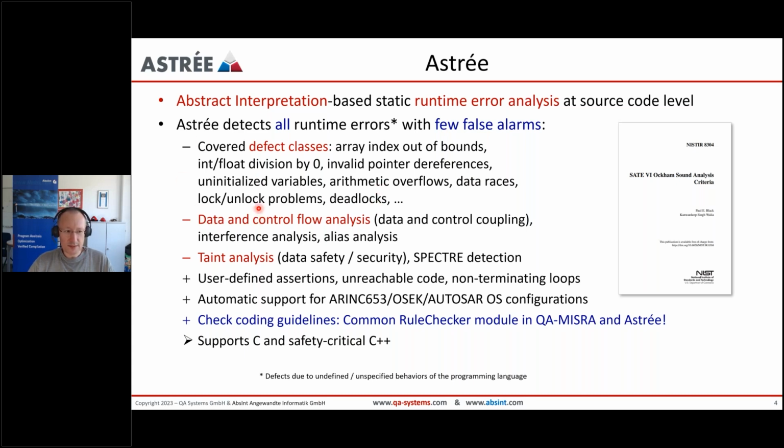And in order to do this, you have to have a complete data and control flow analysis. So you have to know which function can call which other functions, possibly via function pointers. And then you can also lift this to talk about the interactions between software components or the interference between software components. And you can talk about aliasing between different pointer values. AS3 also has a module for taint analysis. So you could, for example, track the flow of some corrupted or tampered sensor values through the program and check whether you always have appropriate checks like authentication checks or plausibility checks.